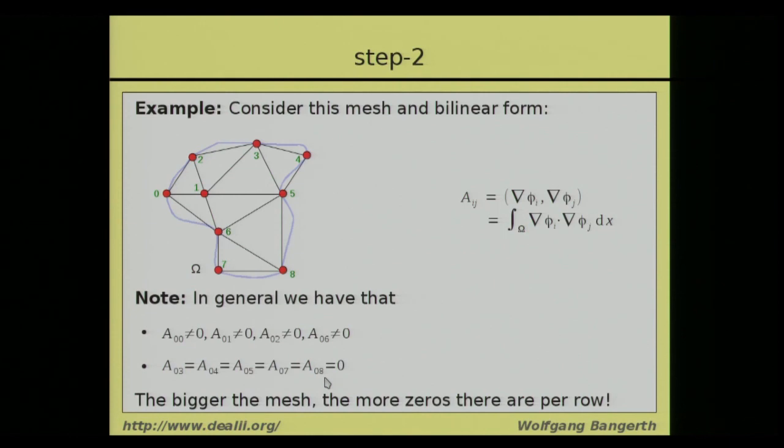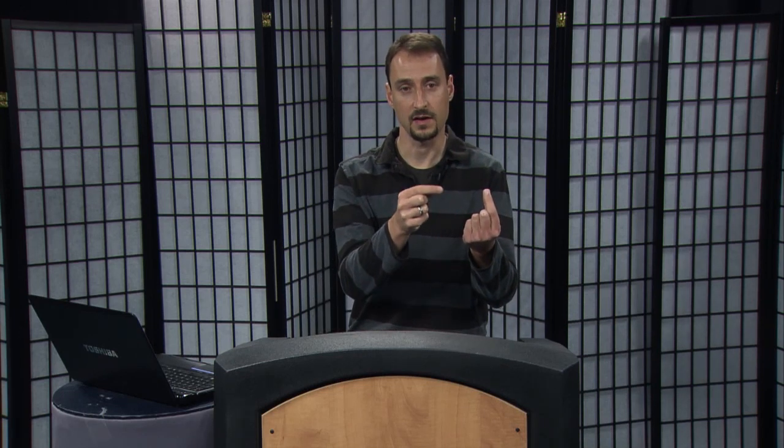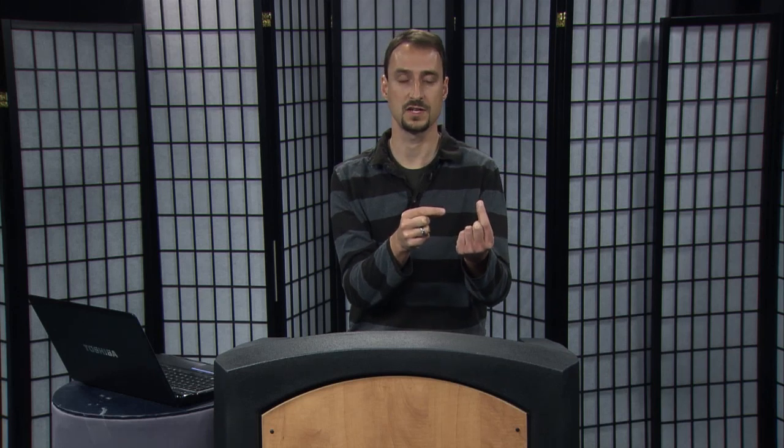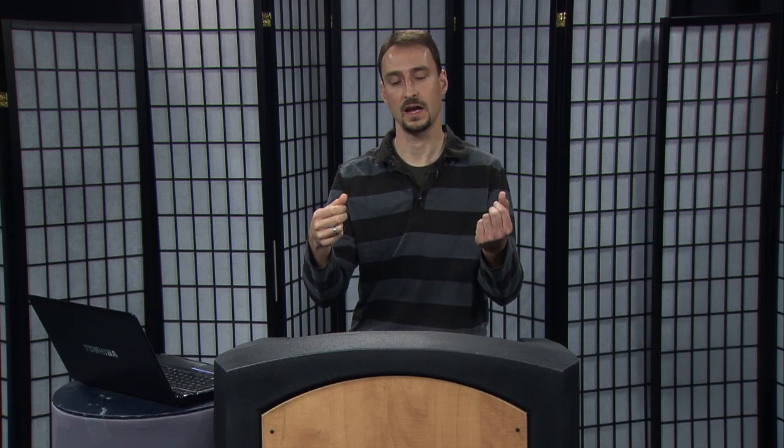And you can easily understand that if I make this mesh finer and finer, for example, if I added cells over to the right, or if I subdivided each cell into 3 child cells or 4 child cells, that the number of non-zero entries in this matrix will stay relatively constant, because it is always just those cells where shape function 0 and the shape functions associated with the same cells that shape function 0 is on are non-zero. Whereas all of the other cells that I add to my mesh will all produce 0 entries in this matrix. So the sparsity